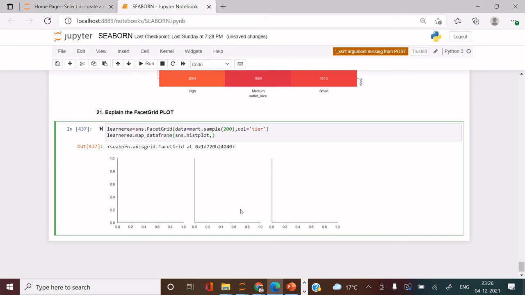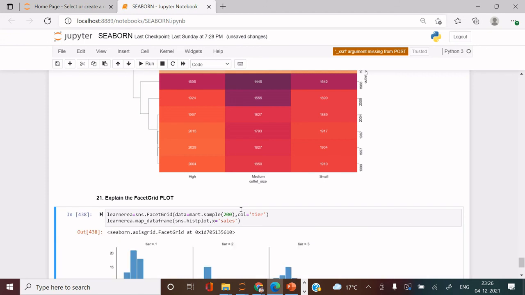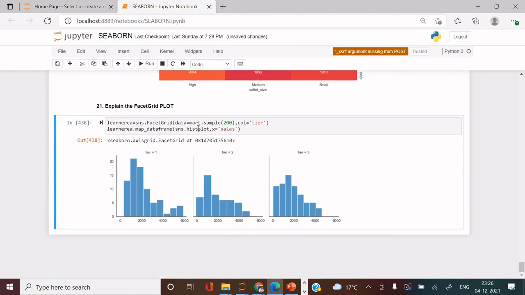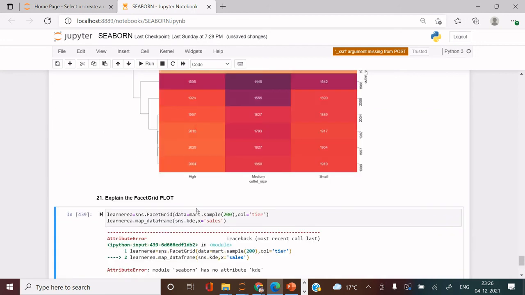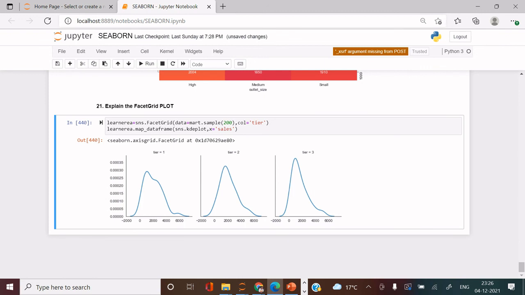And over here, let's say on the x-axis you want sales. Okay, let's plot this. Now here you got it. If you want to change it to KDE plot, it's very simple, you just need to say KDE plot. Now you can see it is changed to KDE plot. Similarly, you can use the scatter plot, line plot, etc.